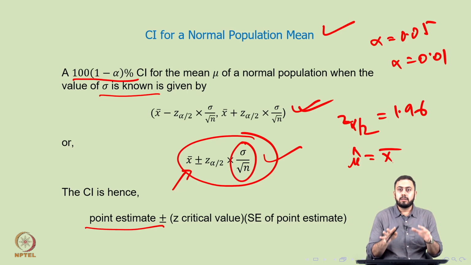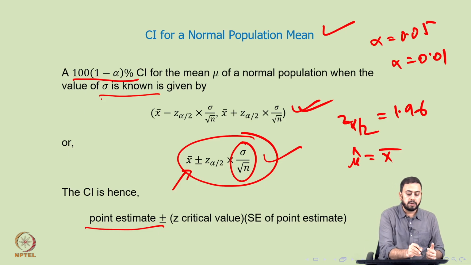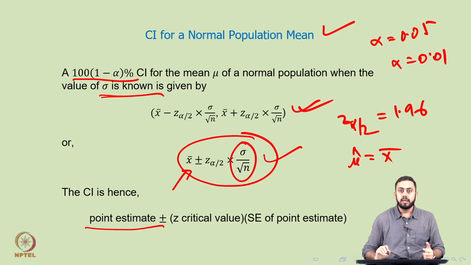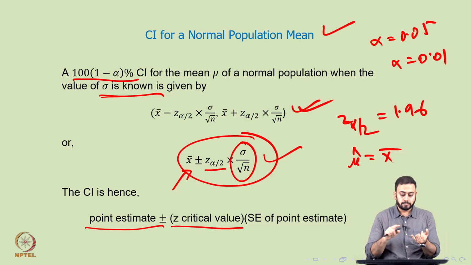Now the most important point here is, whenever you start with a normal population and sigma is known, the underlying distribution of the critical value is nothing but normal. Hence we are using a Z critical value here. All these properties are important. So we are creating a CI for a normal population mean, assuming that the variance or the standard deviation is known. Under this entire scenario, we can assume that the underlying distribution happens